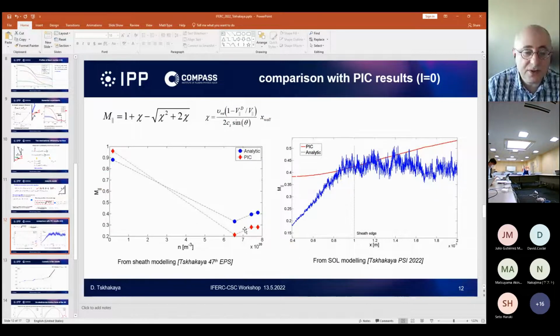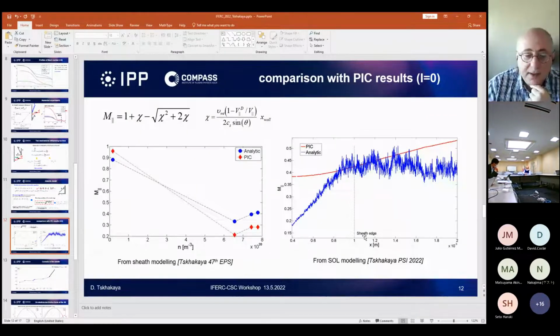So if we take simulations with no current, so a floating sheath, we get quite reasonable agreement between PIC and analytic simulations. And even if we make a simulation of the whole SOL, we get quite good agreement with this model. So it means that if we consider the full SOL, including all physics, this equation is still recovered very well. Here, constancy means that this parameter does not depend on the SOL, so it's the best way of showing that exactly at this point, when it starts to change at this distance from the wall, we can assume that this is the sheath edge.